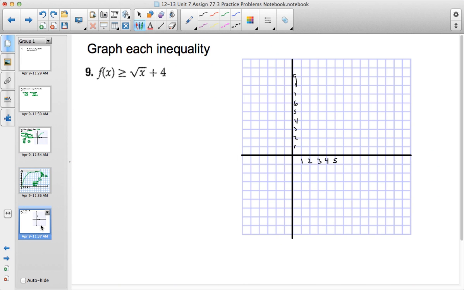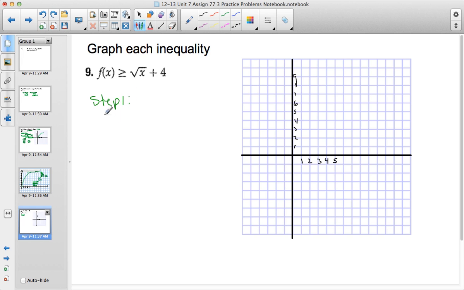Okay, the final one is to graph an inequality. I didn't have this in the other video because we know how to graph inequalities, and now we've talked about how to graph square root functions. So it's just putting that together. So let's look at how we're going to do this. All right, so step 1